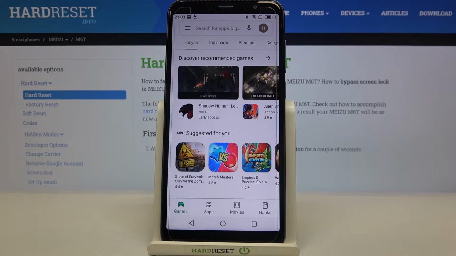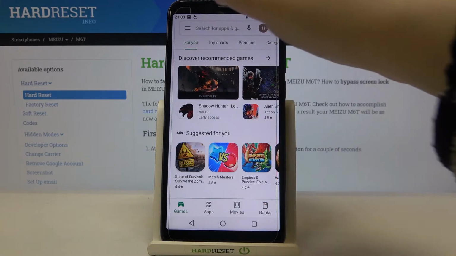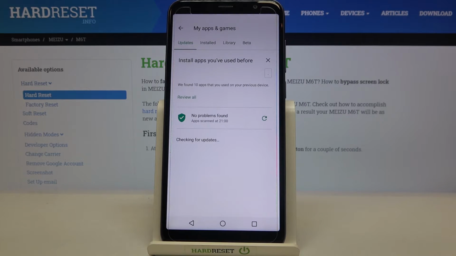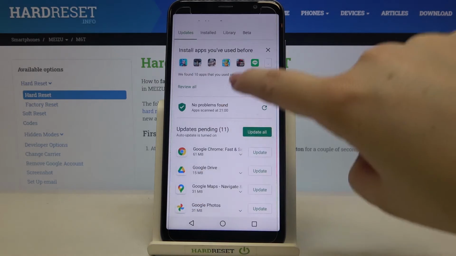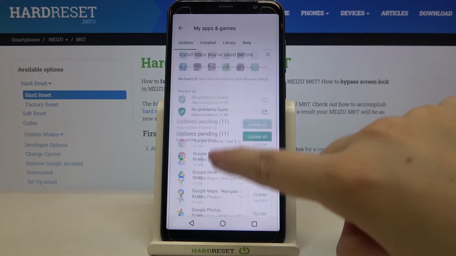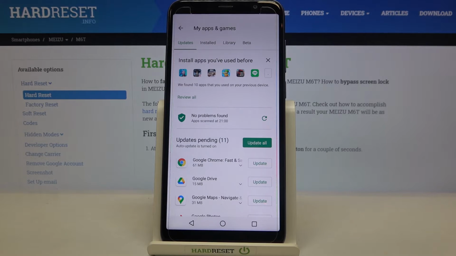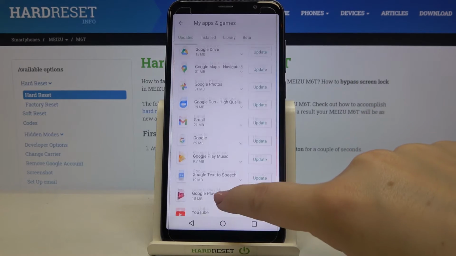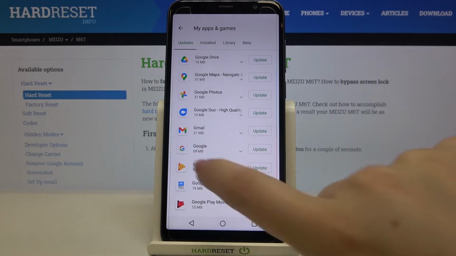And all you have to do right now is to simply tap on this 3 bars icon in the left upper corner and tap on My Apps and Games. As you can see here, we've got the list of all updates pending, so of course you can update all of those apps just by tapping on this green button, Update All, but you can also update only 1 or 2 of it. Just find it in the list, so let me pick the Gmail and tap on Update right